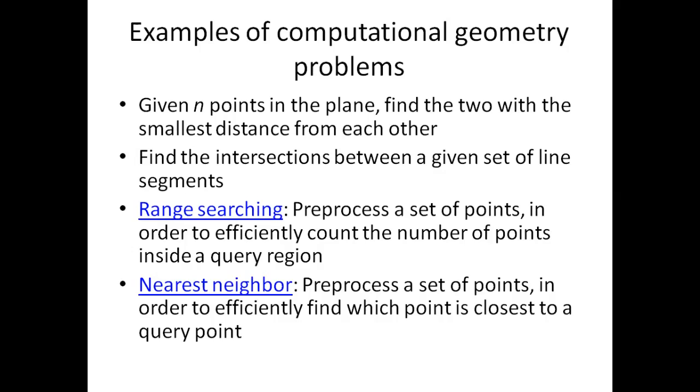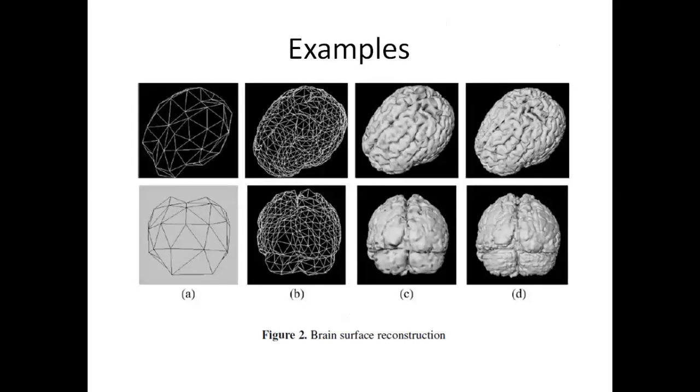So all these problems can be modeled by geometric representation, and the algorithms that we have for solving these are computational geometric algorithms. Okay, so this is another example. In this figure, you can see 3D models of brain surface reconstructed from a brain mesh. This is the brain mesh, and these are the 3D models of the brain reconstructed using this mesh. And this mesh is basically obtained by processing MR images. This reconstruction involves the use of a computational geometry problem.